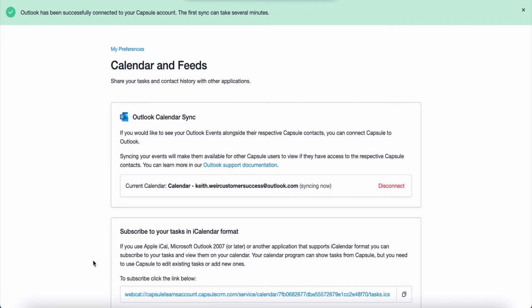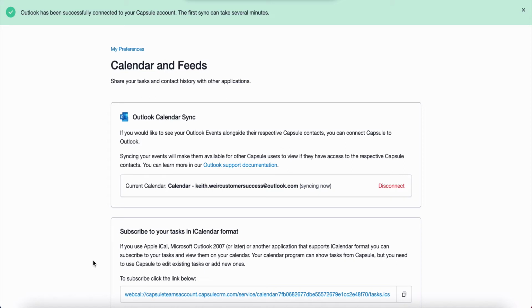It's worth noting that our sync will date back to October 2020. This is when our team started work on the integration. This sync will also display up to 2 years of future events. Any events which were scheduled before October 2020 or are further than 2 years away will not be displayed within Capsule. Once the sync is complete, events from the chosen calendar will now be displayed against your contacts.